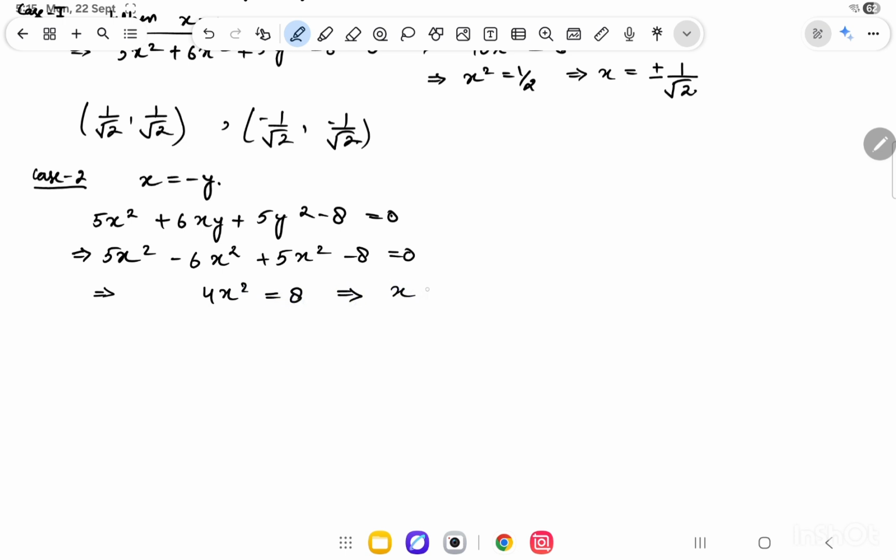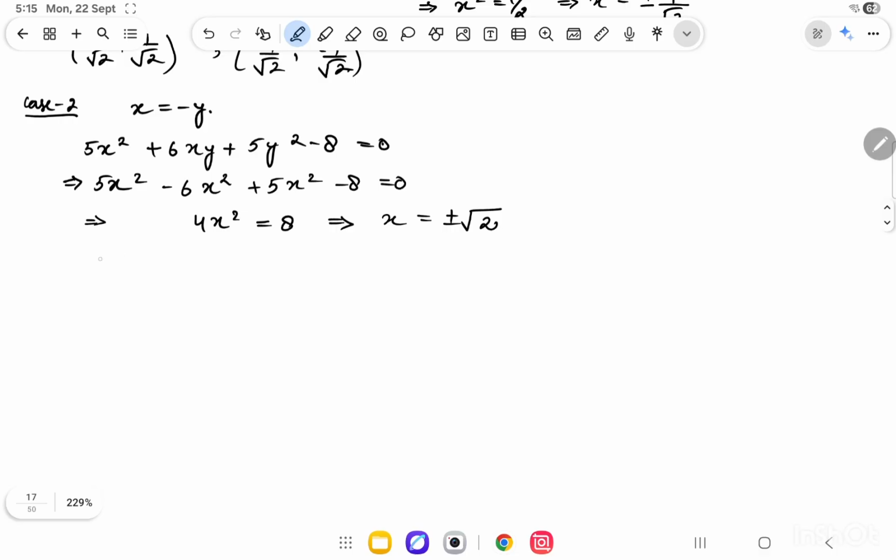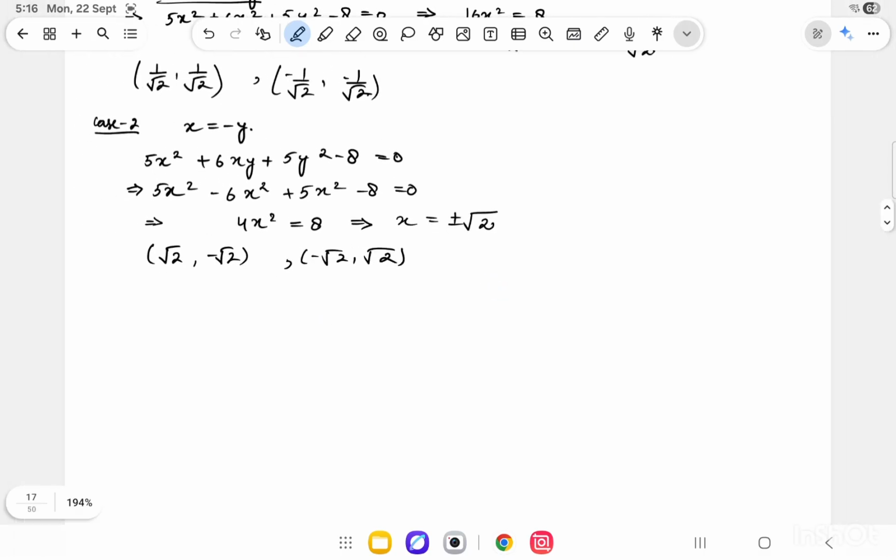So from here I'll get x equals plus or minus root 2. So this gives me 2 points, that is root 2 comma minus root 2 or minus root 2 comma root 2. So I have 4 points where the function can attain possible maxima or minima. Now I'll just substitute these points in the distance formula and see which basically gives me the maximum and minimum